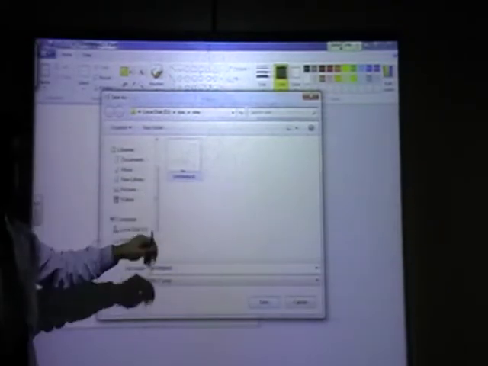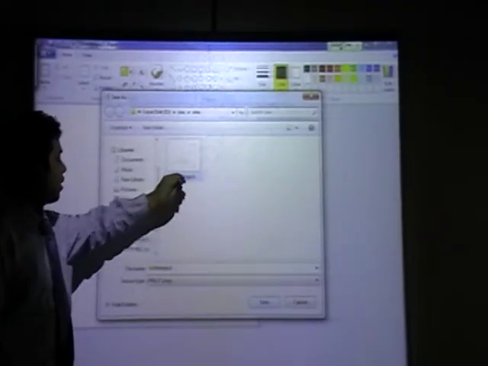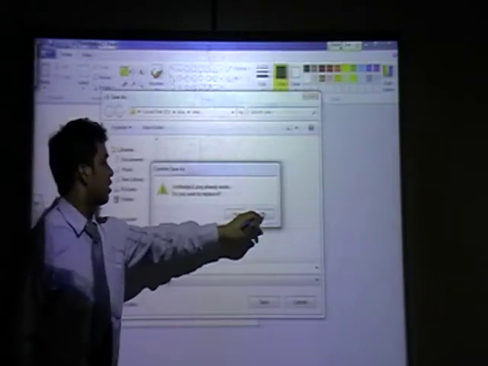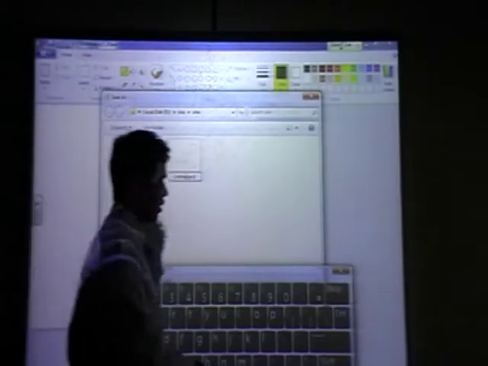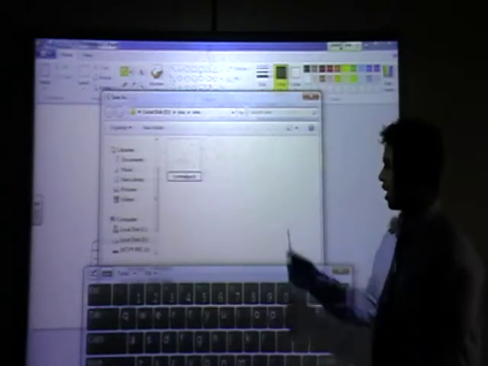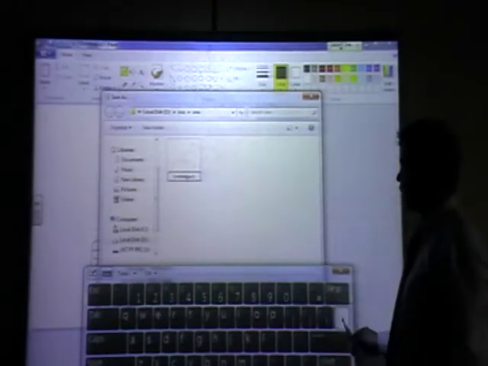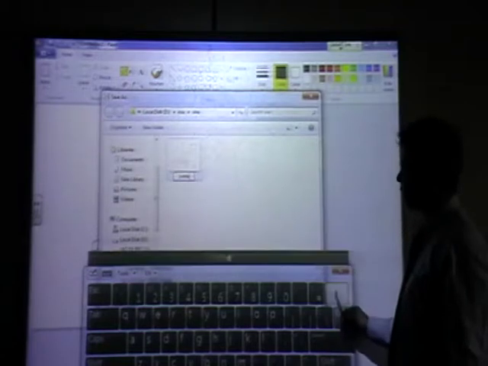Here, save as. Its name is not changed here. I will change it, because untitled is there. Delete all this.